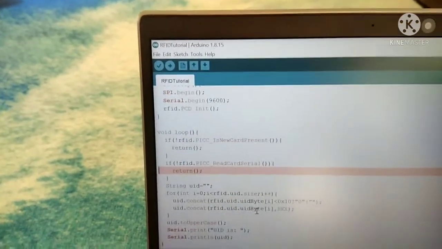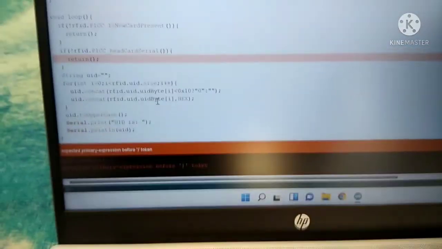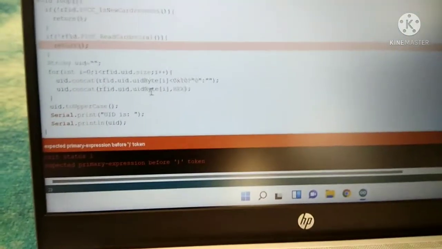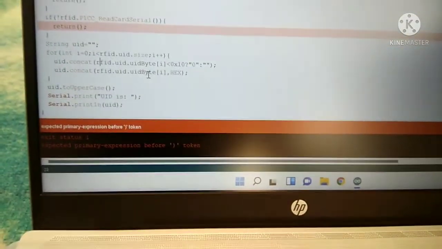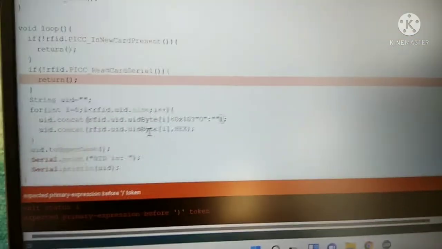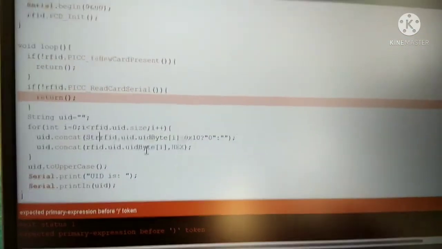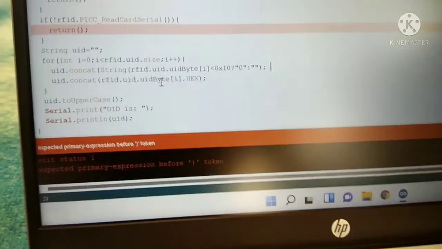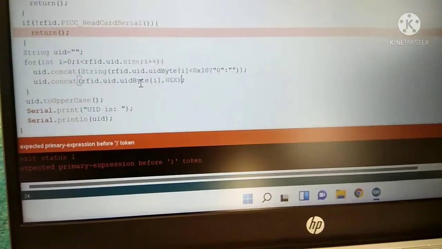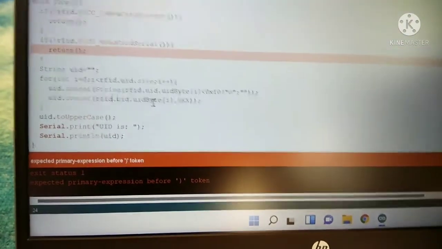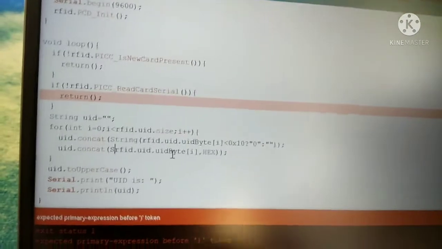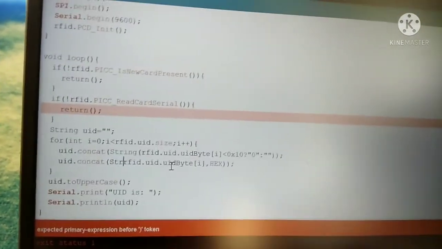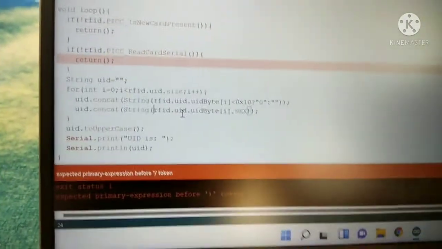Okay, so just 1 minute, friends. And as I told you, 0 is not in the string format, and another thing is that this itself should also be in string format, which I forgot to convert. So now it will definitely work, because it was the only thing where I was doing wrong. So now it will be working perfectly as I wish. So now yes, let's verify it and check it.